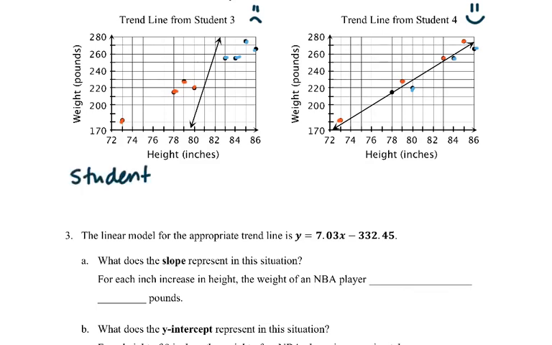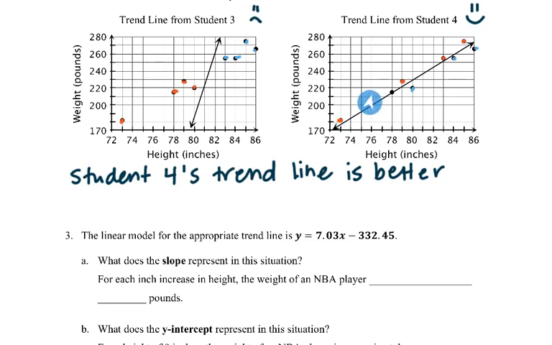And we're going to say student 4 had the best trend line. Okay, so both of these split the data evenly. That wasn't the debate. The debate is student 3 doesn't follow the trend, which is the point of it. And this one does do that. So we'll say student 4's trend line is better because